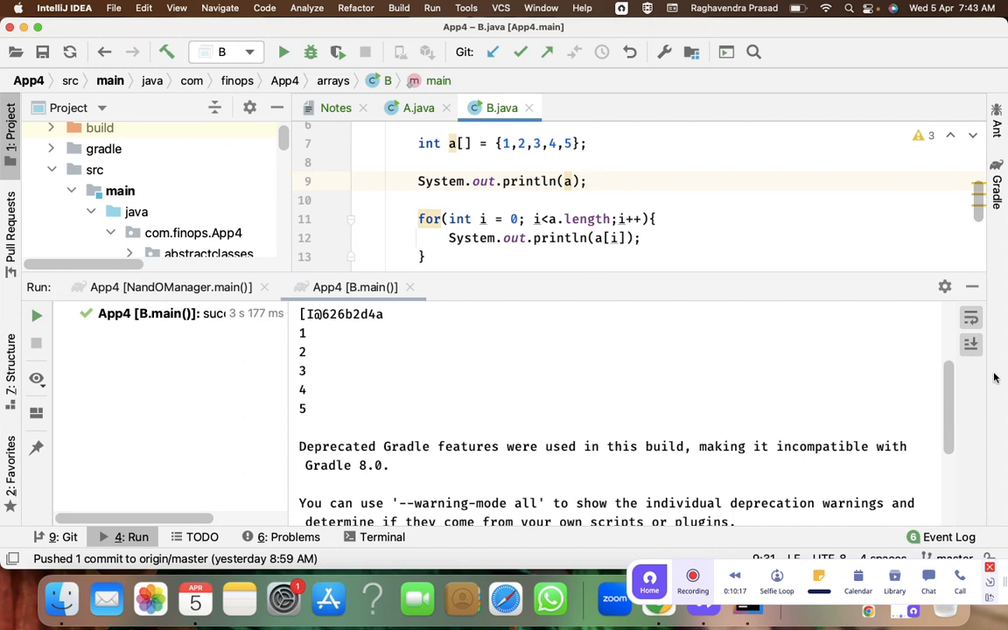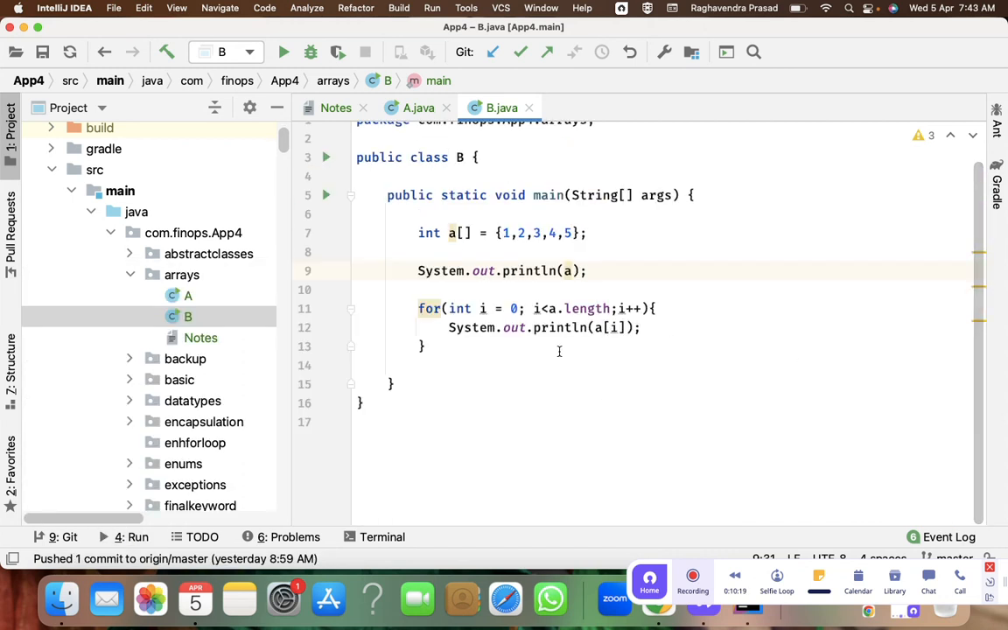1, 2, 3, 4, 5. Right. Now let's say for example, put a[5] equal to 10. So